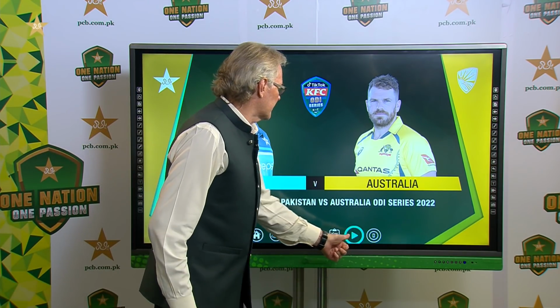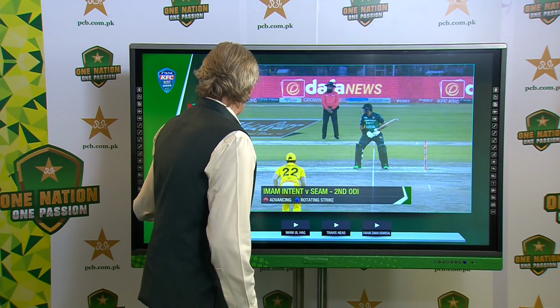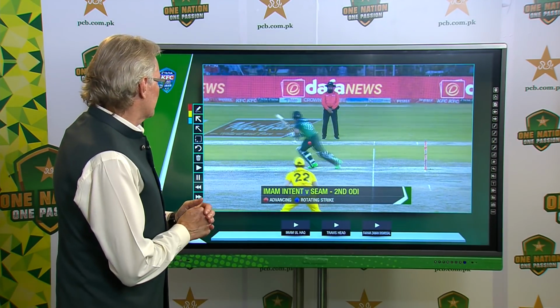Yeah, I just want to talk a little bit about the tempo of his innings. That was so good today. Let's get straight into it so I can point out a couple of things. I thought he was absolutely superb, and I'm going to just play it straight away so we go into it. Just have a look at the way that he advanced to the seamers,